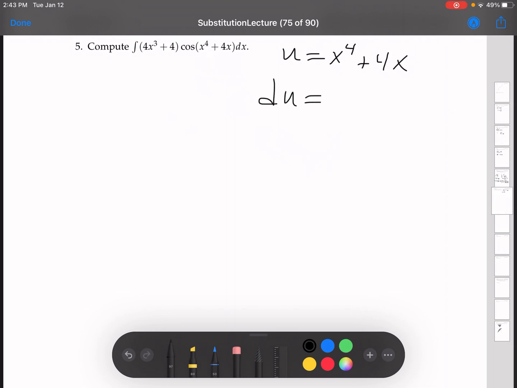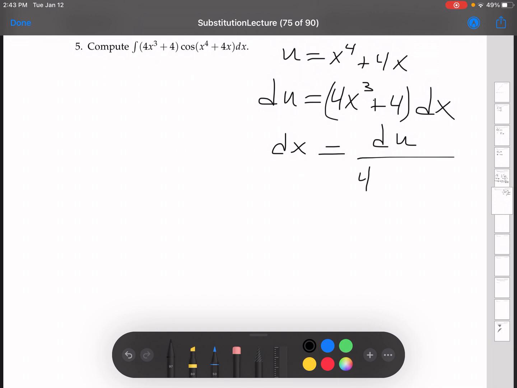Then du is 4x cubed plus 4 dx. And it's customary, I think, for most people that teach substitution, to teach it in a way where you solve for dx. dx is equal to du over 4x cubed plus 4. All right, so now this integral is equal to the integral